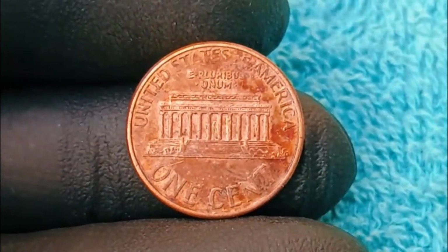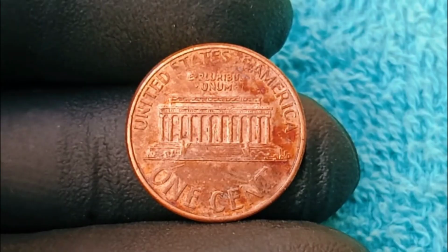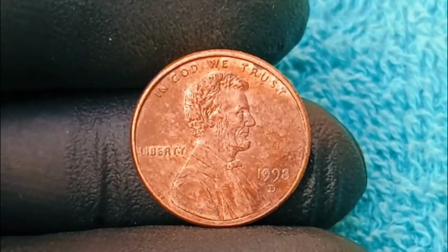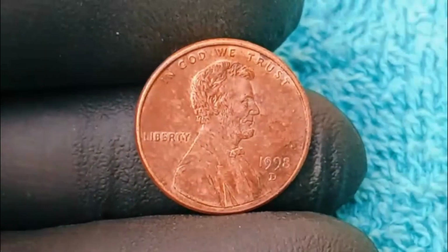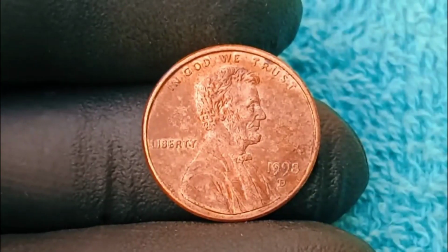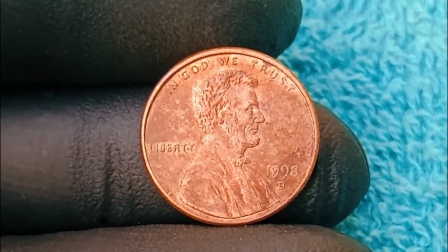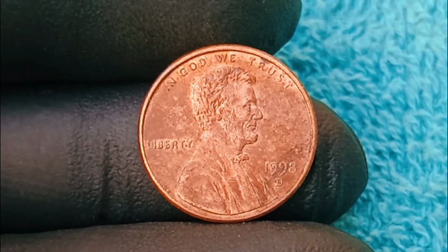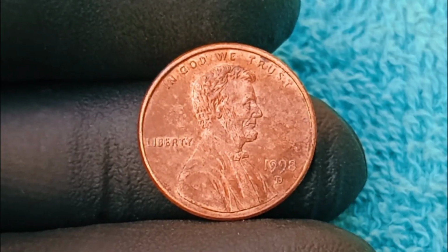And when you consider the historical context of 1998, when the US Mint was in full swing producing billions of coins for circulation, it's astonishing that such a coin could have slipped through every level of quality control and found its way into the hands of someone who likely had no idea they were holding a multi-million-dollar treasure. And over the years, stories have circulated among coin dealers,